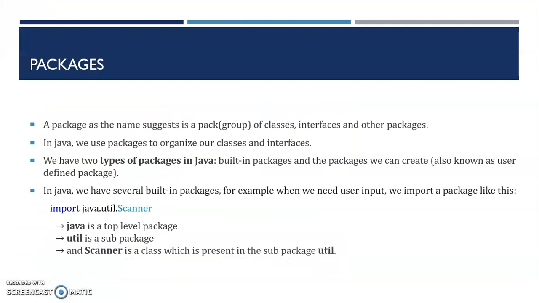So package means actually a collection of classes, interfaces, or other packages. And there are two different types of packages in Java: built-in packages and user-defined packages. You know the expression import java.util.Scanner. Actually, this is a package we are importing to our normal program. So the meaning of the statement is that here Java is the package, util is the sub-package, and Scanner is a class inside the sub-package util.